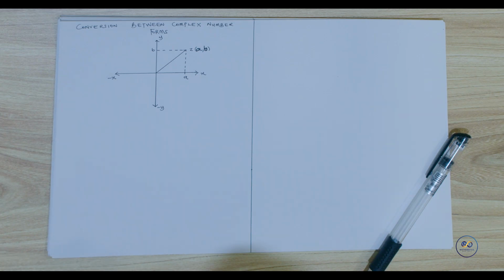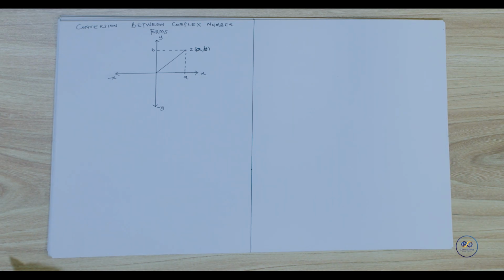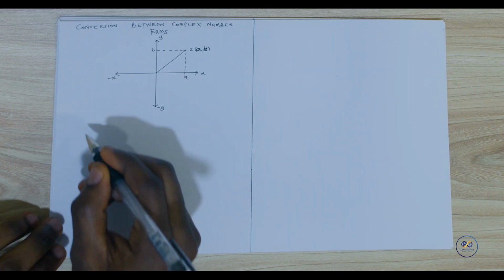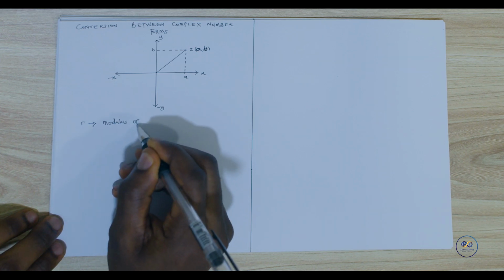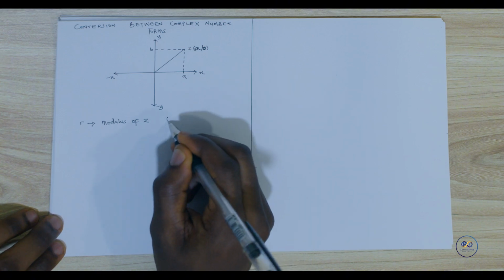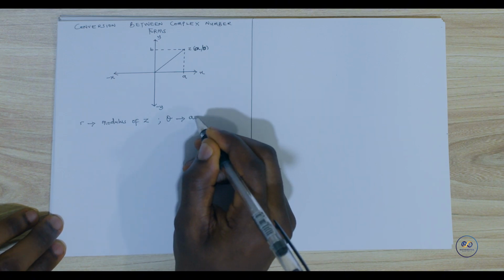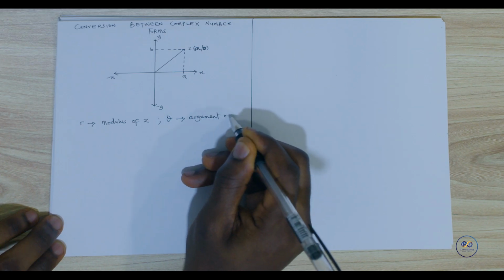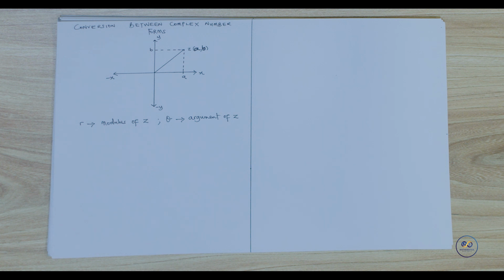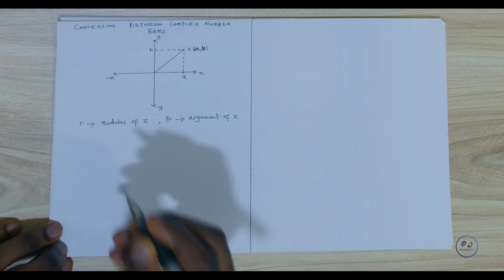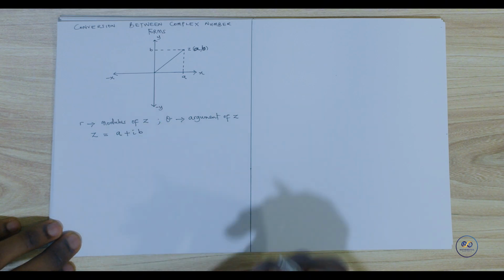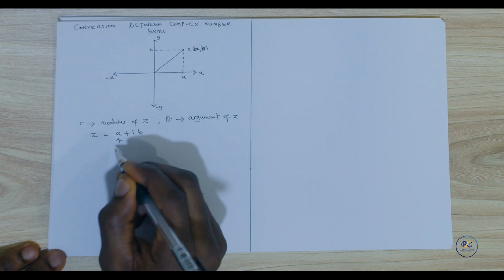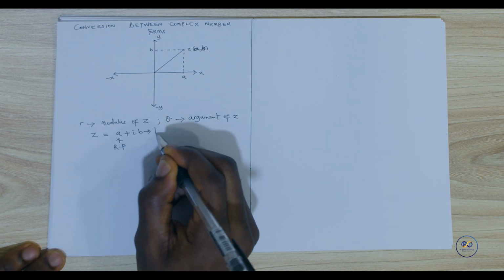So let's begin. Of course, remember that we have said that R refers to the modulus of Z, and then we also say that theta represents the argument of Z. Now, how do we get into what they mean in terms of their values? For any given complex number in its algebraic form, let's say A plus iB, where A represents the real part and B represents the imaginary part,